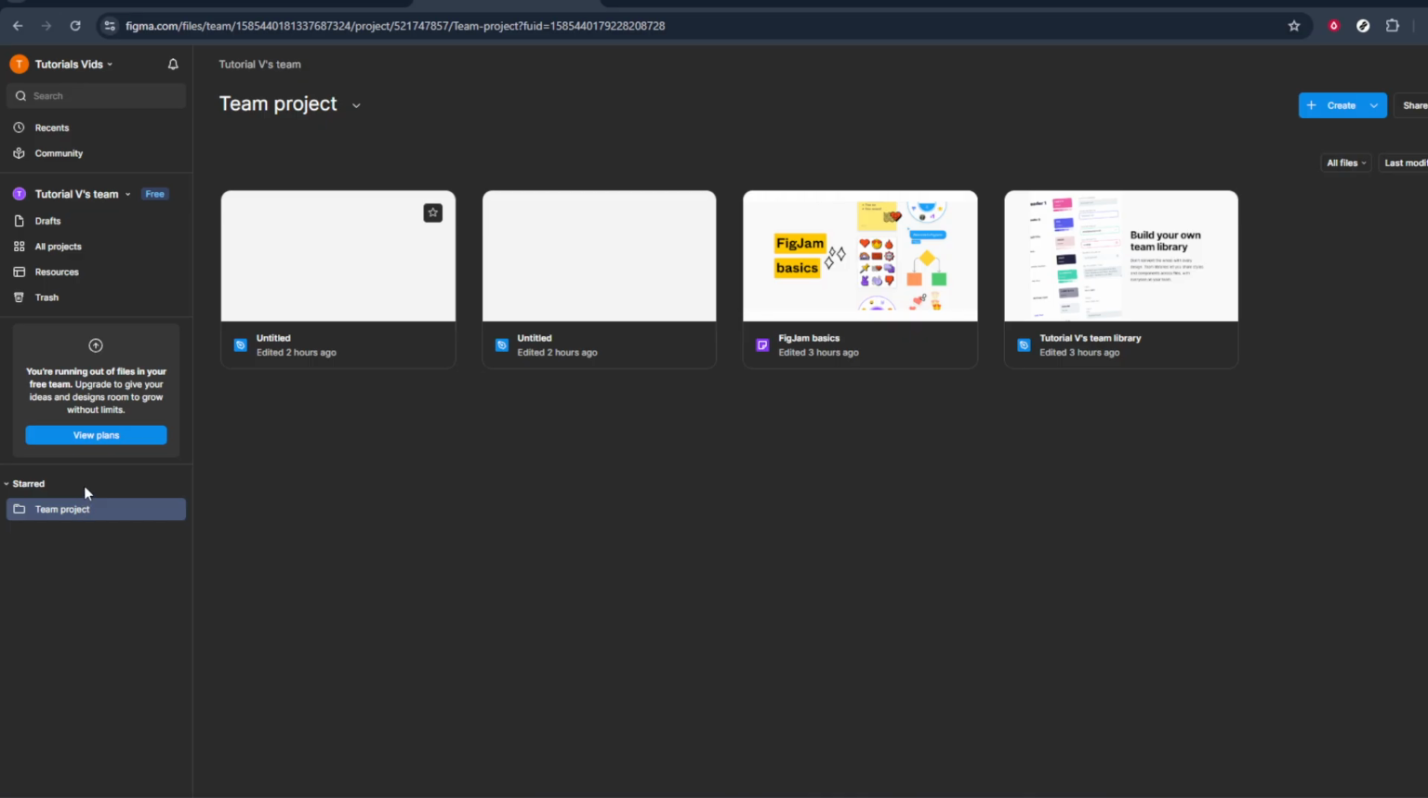Keep in mind, you may not be able to restore files that were deleted a long time ago, depending on your plan's retention limits, and only users with sufficient permissions can restore certain team files. If you can't find the file in Trash, consider checking with a team admin,